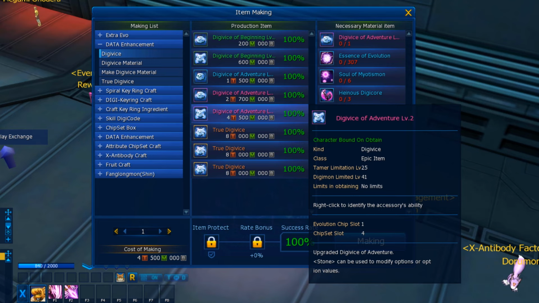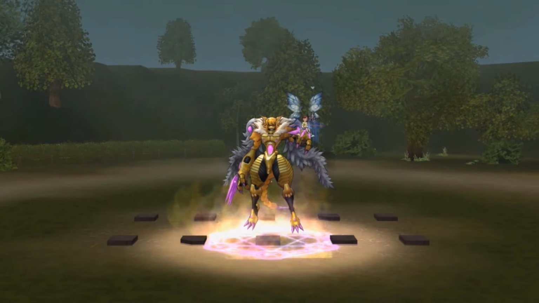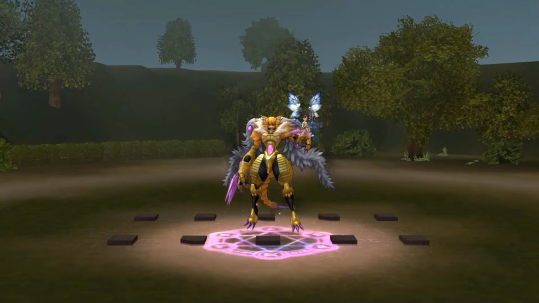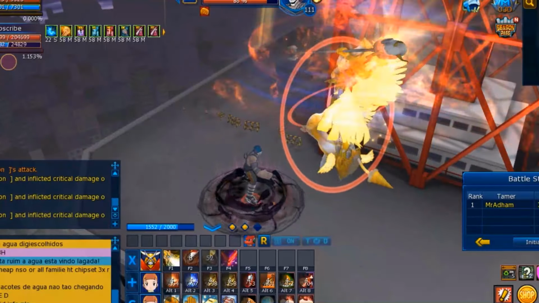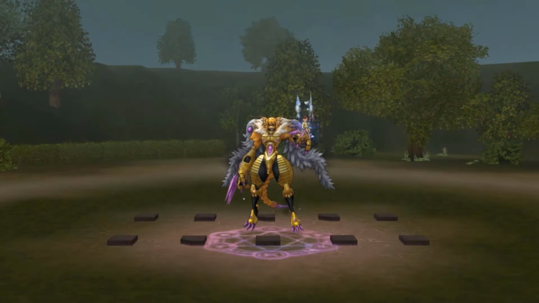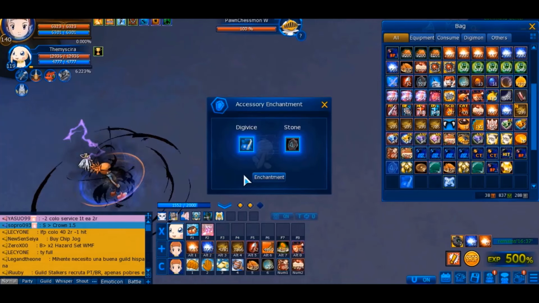And on how to get the mats, this time it's a bit more complicated, so I'll just leave the true Digivice guide from the DMO wiki in the video description. It's basically just killing the Minato tour bosses, and sometimes you're gonna have to do some dungeons for the adventure ones. And once you get the prototype 3 or beginning level 2, you will use the Option Stone on them to make the elements